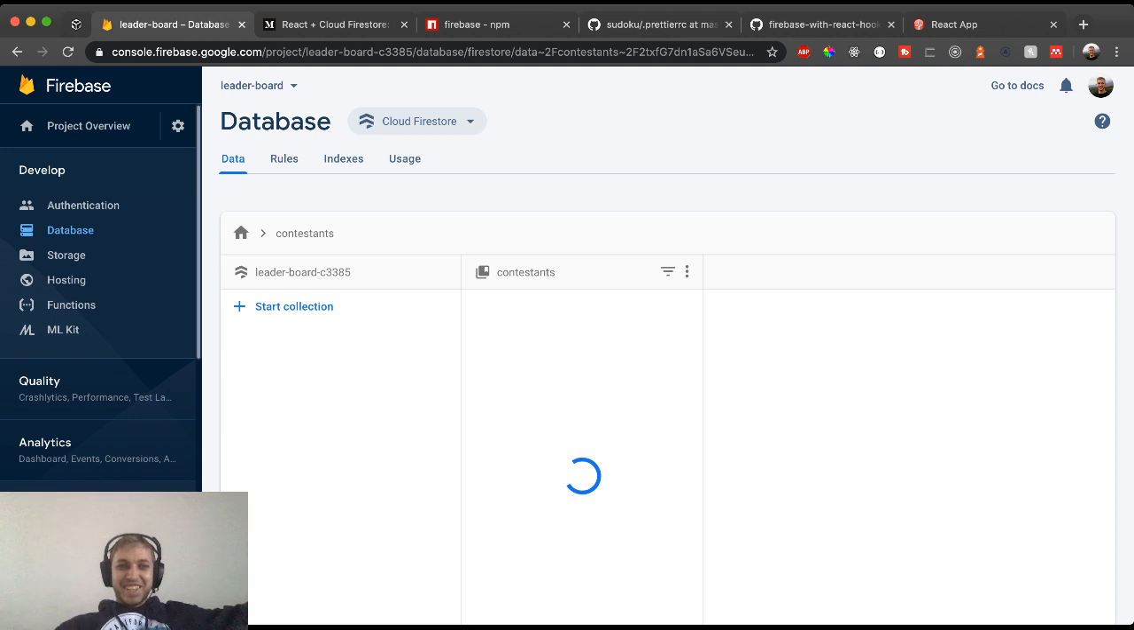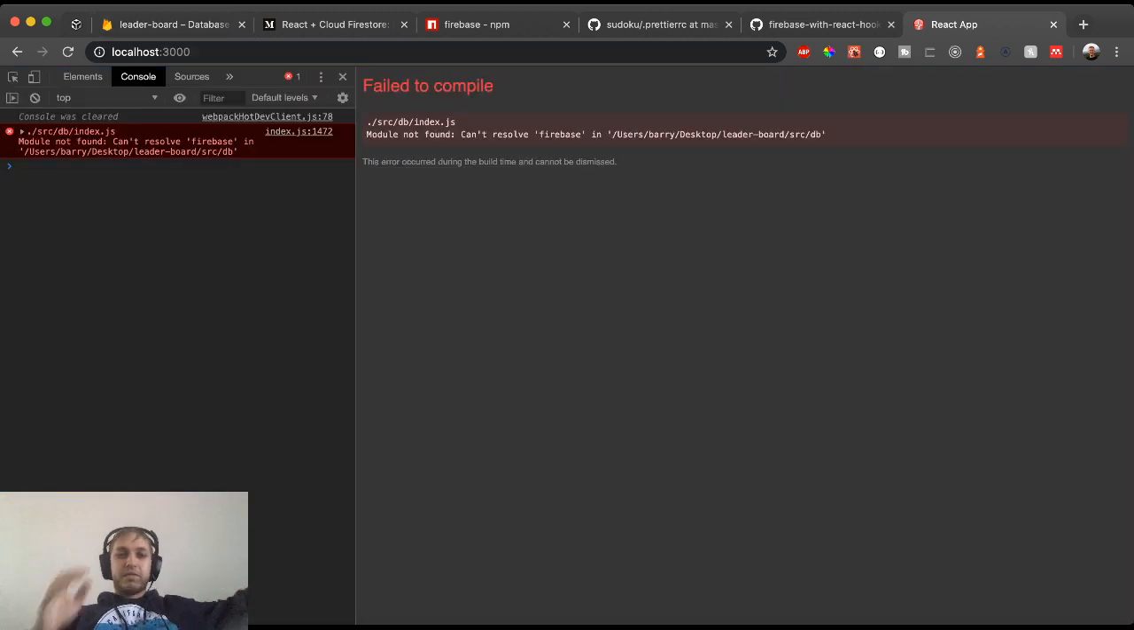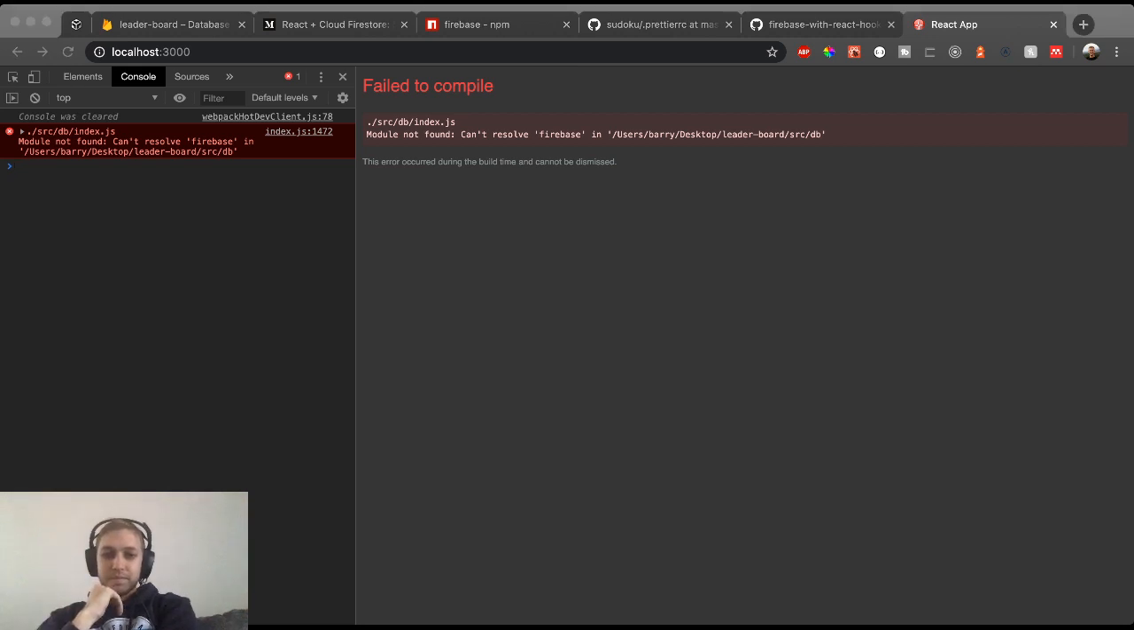So we made this collection and we've said contestants. And there's a bunch of contestants here. They're all their own little documents. And then here in a little React app that we have running, something broke because it couldn't find Firebase, which makes sense because we are still adding Firebase to our project, which is almost done. If we go look back at our VS Code,